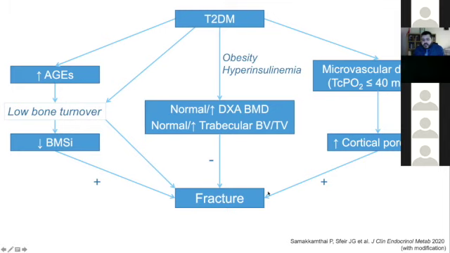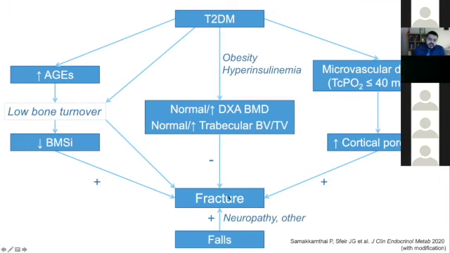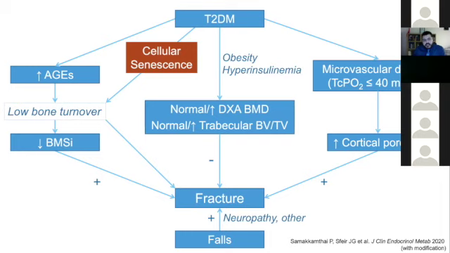But also outside the bone, we have increased risk of falls with neuropathy, retinopathy. Medications, as I mentioned earlier, that can increase the risk of falls also impact the risk of fracture. Data that I did not show today that we're working on, we show that in mouse models, but we're now looking in human models, that there is aging represented by a mechanism called cellular senescence that might have an interplay here, but this is data to come later. So maybe in a year or two, I'll come back and talk about this to this group.